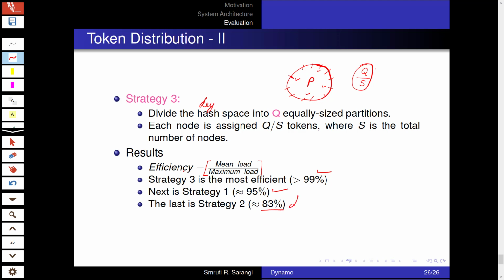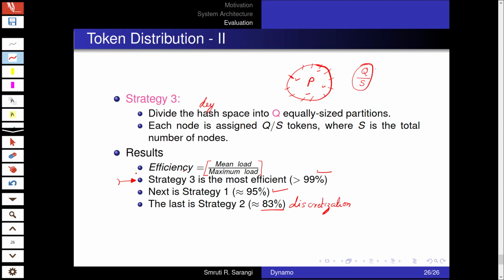Strategy 2 was the one that introduced discretization with an aim of doing load balancing, but it did not really take care of sparsity very well, which the random schemes actually did. So in this case, strategy 3, which does an explicit load balancing, is the best.